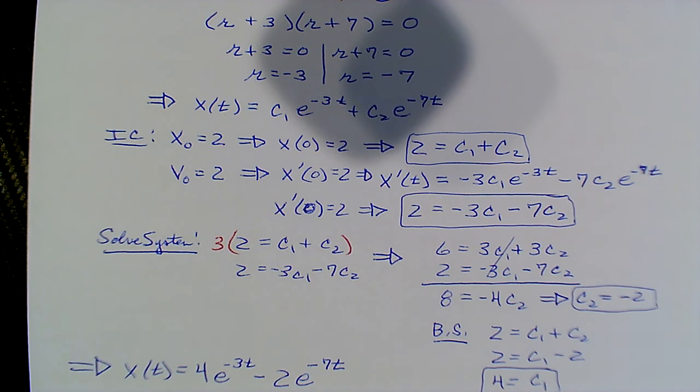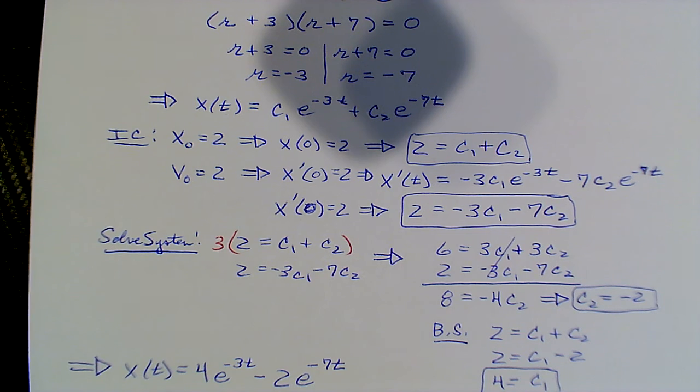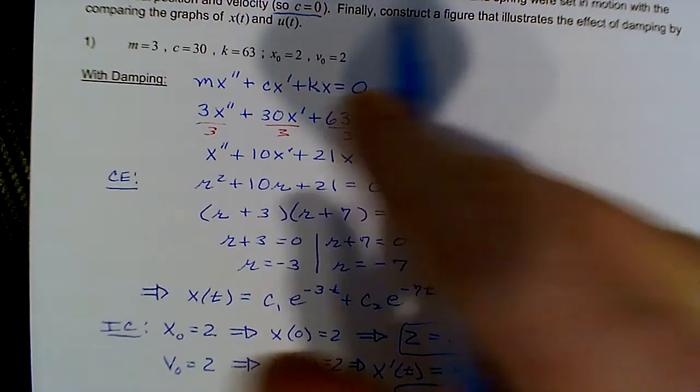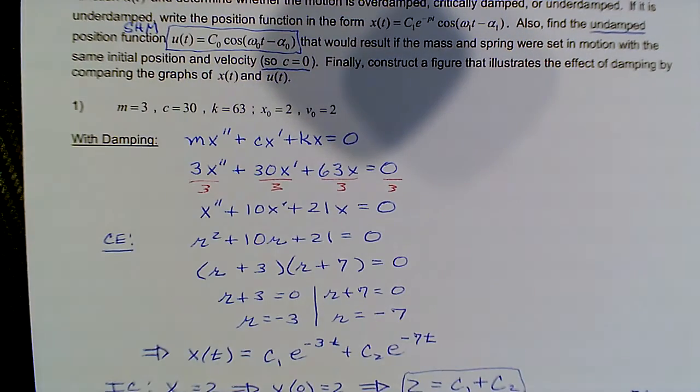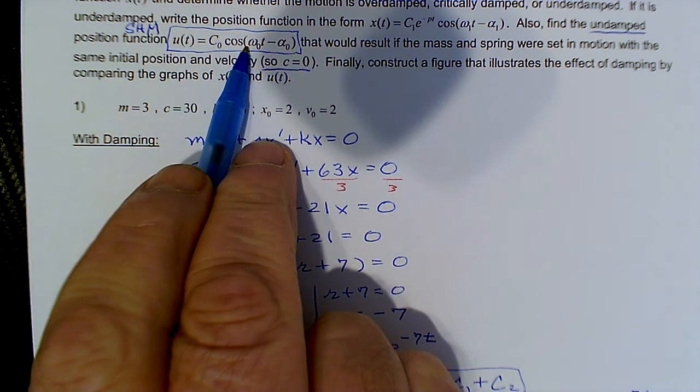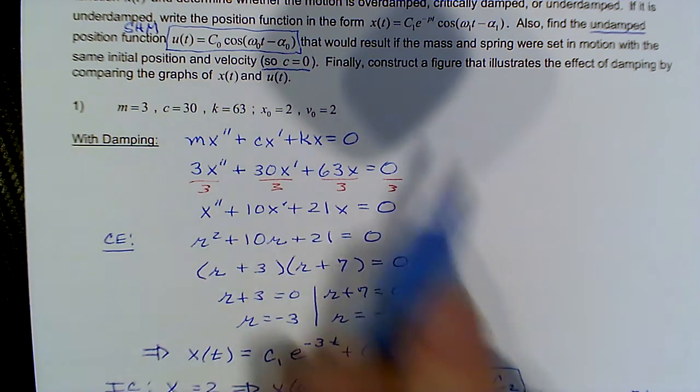Okay, so that's with the damping, and then they wanted us to do it without the damping and write the simple harmonic motion equation. So that's what this is. This is here. This is just where they say call it u of t. That's just simple harmonic motion, because there is no damping, so it's just going to be a cosine graph. So just for the sake of doing it, we'll say without damping,